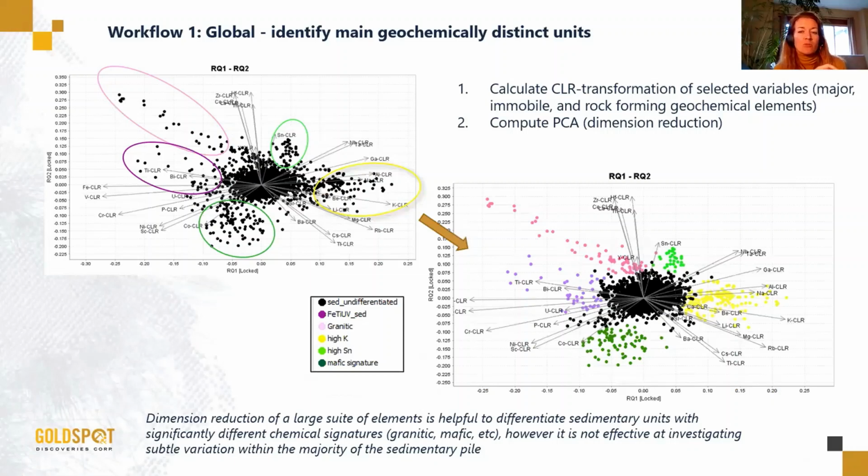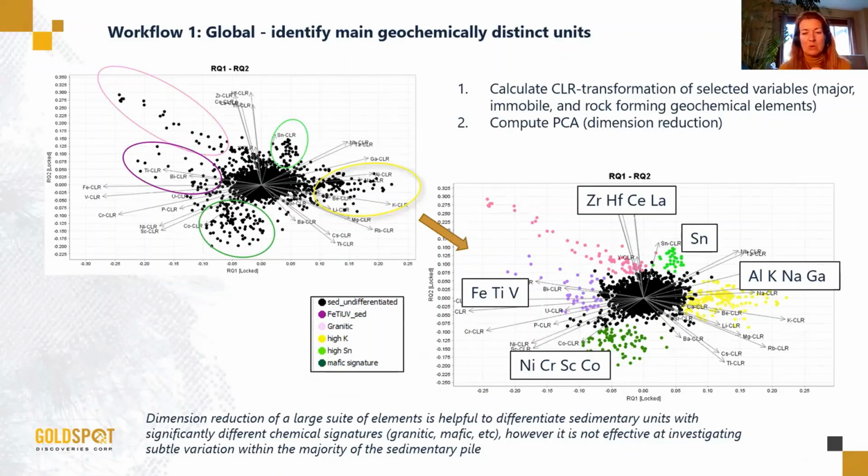So starting with workflow number 1, the global workflow, we have our regular data treatment like data cleaning, QA/QC, and then we calculate the centered log ratio of our input variables because it's compositional data. We can talk about compositional data later. And then we go through our first dimension reduction step, which in this case was a principal components analysis. And we start to see these interesting end members fall out of the data,